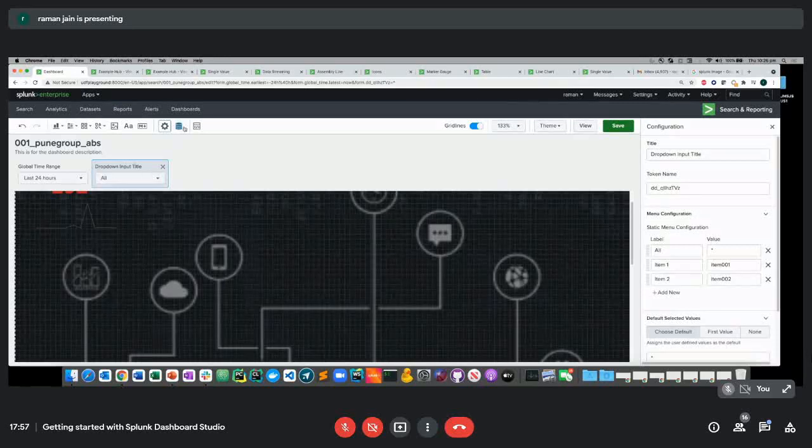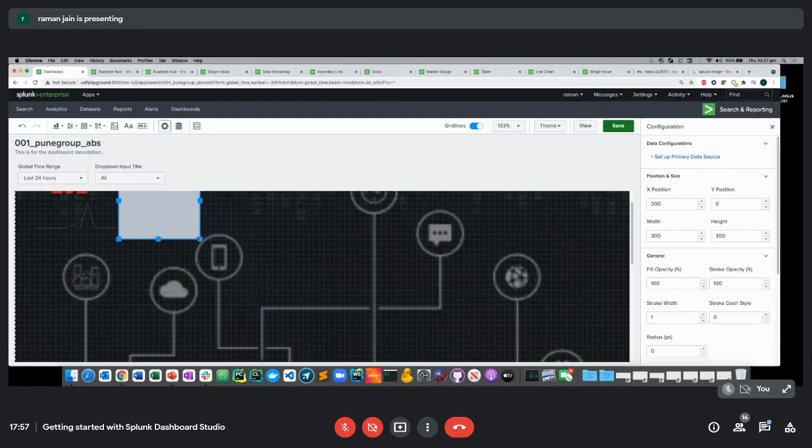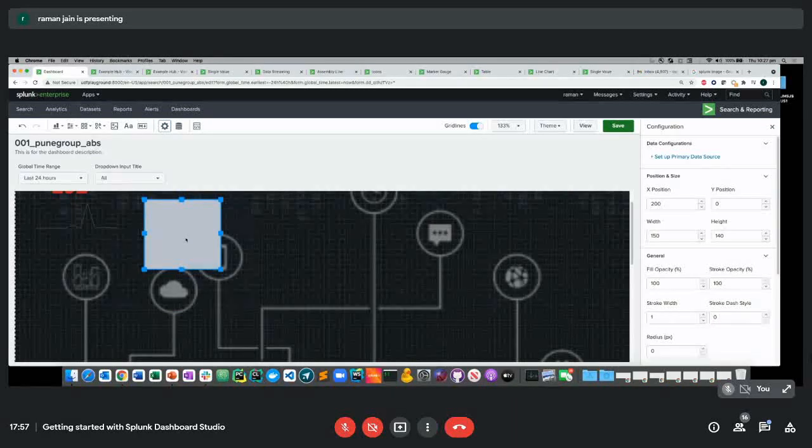What else would be useful for you before we give you time to ask questions? Well, these things are obvious. You can draw any shape if you want to draw, and then you can color these shapes based on a primary data source as well. So if you want to just put a box here and say this box should turn into, maybe I think the best way to explain this is,